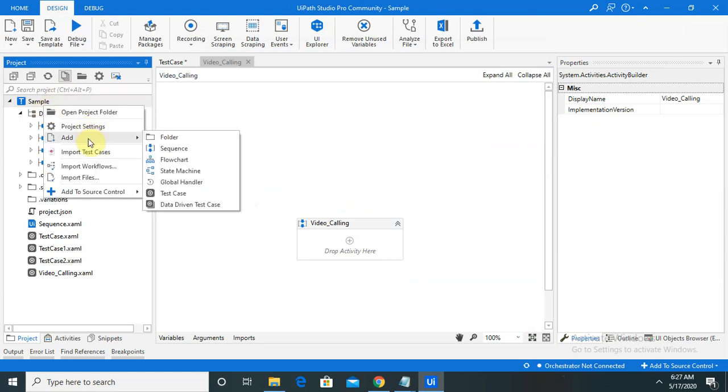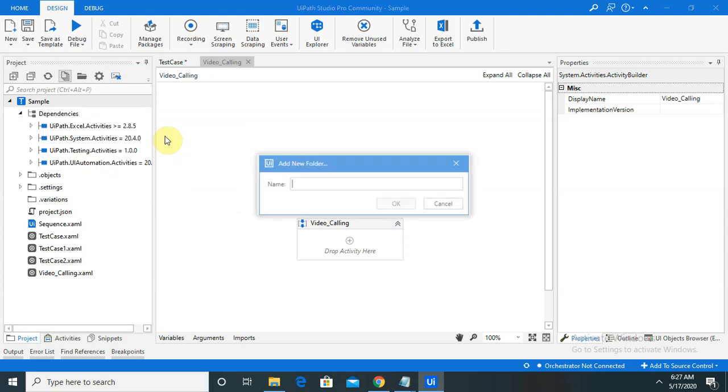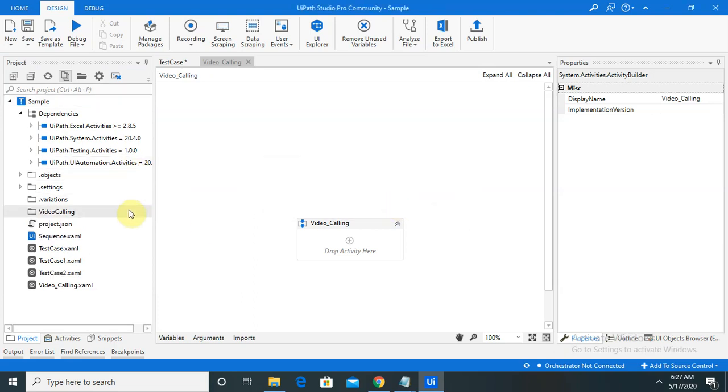If you want to add any other folders, just like if I want to create the cases or segregate my functionality inside a folder, for example recording or video calling, you can see video calling is available.